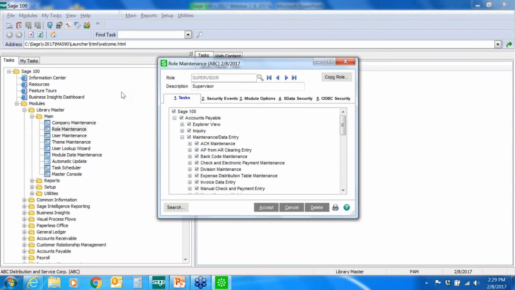I know that sounds, I'm not explaining this very well at the moment, but if you're used to setting up role maintenance, you'll understand how that can just be of a real benefit in being able to do that. So